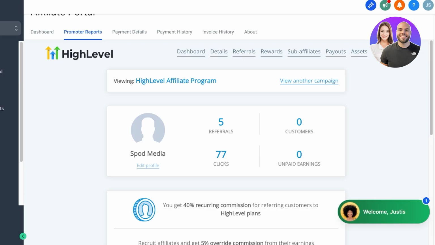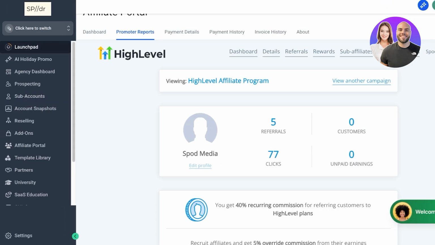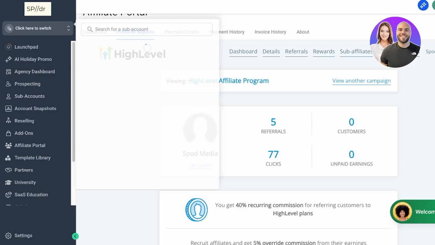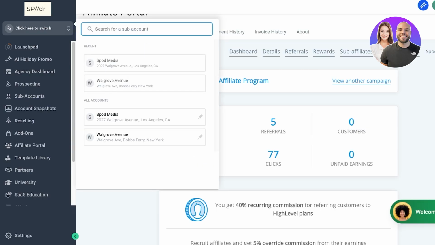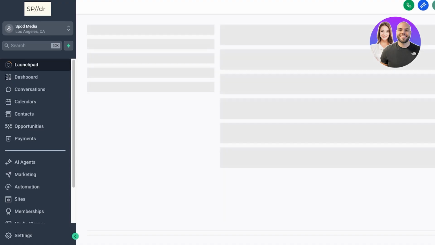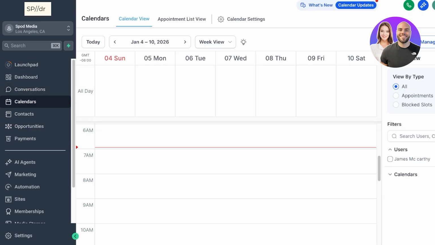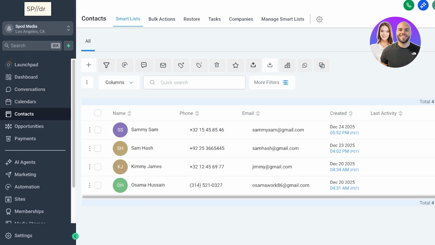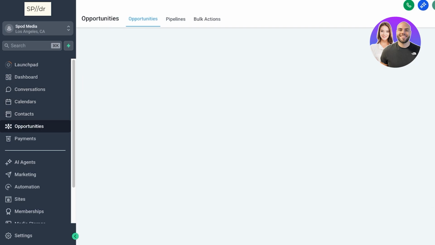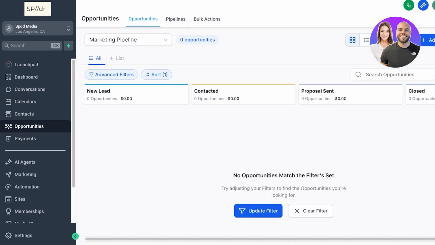Now, a lot of people say, is it actually worth it? Well, GoHighLevel is definitely worth it. The reason why I'm saying this is because I've used the tool on GoHighLevel to set up agencies, to create portfolios for businesses, and the tools that it provides for the price that it provides them are unbelievable. You have an automated appointment booking tool, you can manage your leads and customers, you can add opportunities, you can build pipelines for easy access.